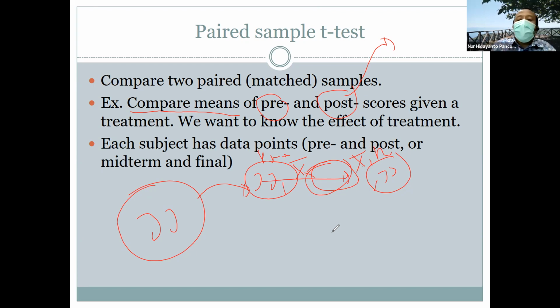Most of the times you find that a teacher, when they teach in the beginning of the semester, and then they check their students' understanding, and then at the end of the semester they do the same checking, and there is no change. It sometimes happens, okay? But this kind of study or this kind of comparison is conducted to see whether the scores in pre-test and post-test are significantly different or not. Terus,